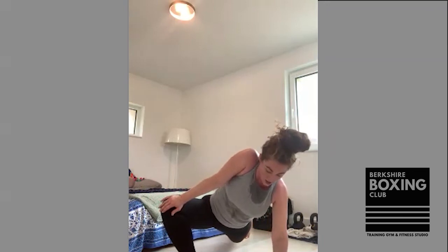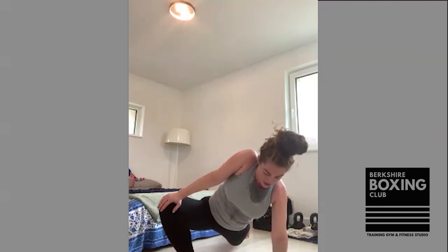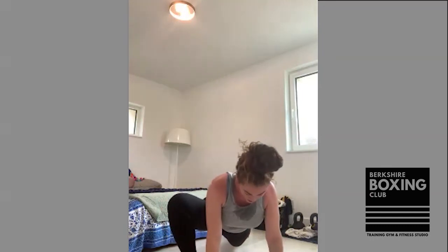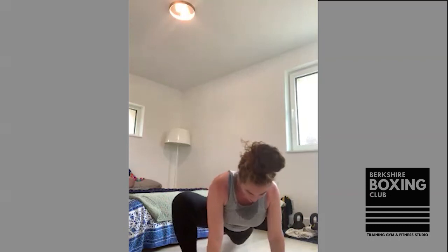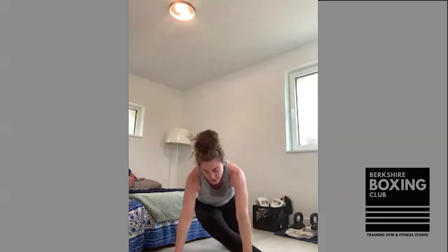You should feel it in the front of your leg as well, the front of your quadricep. Stay there. 10, 9, 8, 7, 6, 5, 4, 3, 2, 1. Okay, with that same front foot, so for me it's my right, get into a pigeon